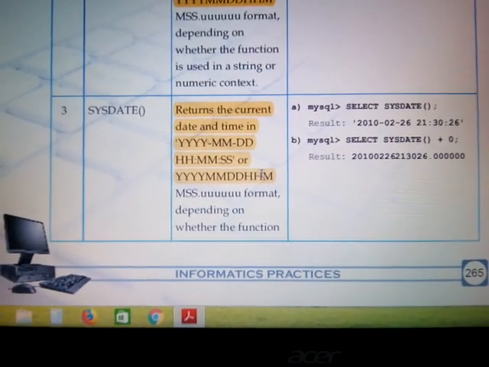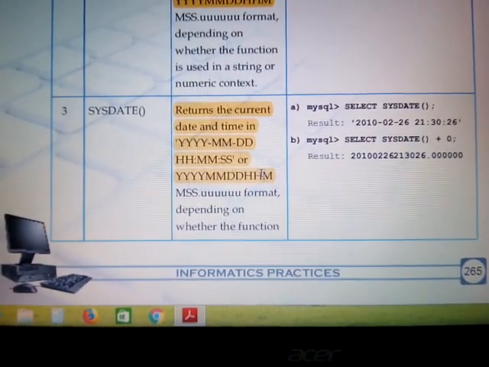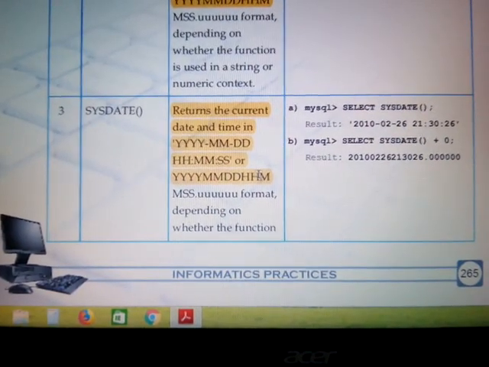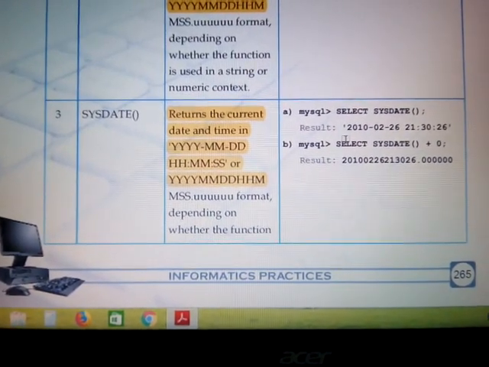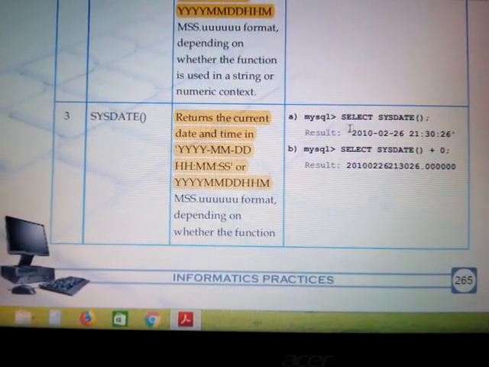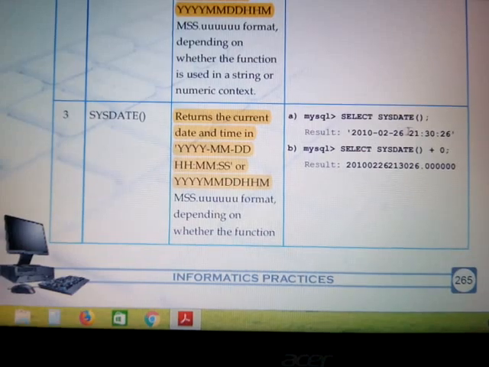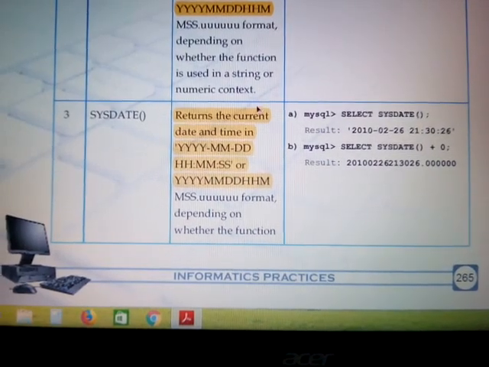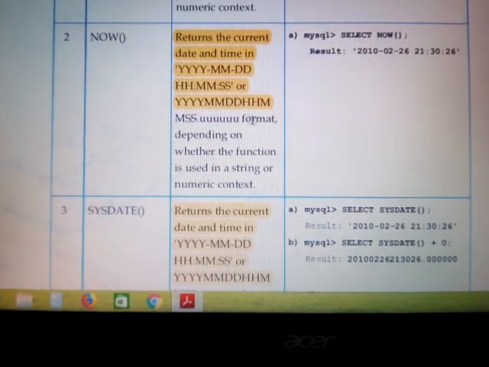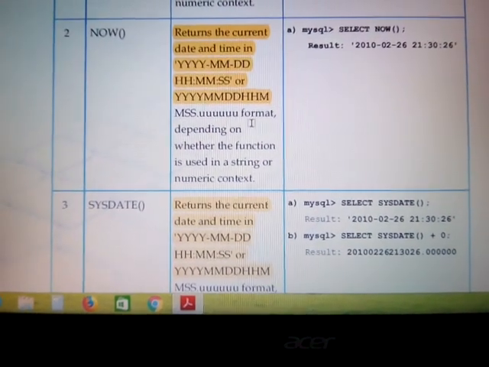Now see, if I say NOW and SYSDATE, they both perform exactly the same. First of all, check the example: SELECT SYSDATE. Again you will find the exact date and the exact time. So NOW and SYSDATE function exactly the same. What will be the difference between these two?